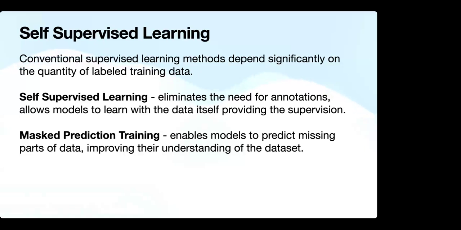Self-supervised learning basically eliminates the need for annotations and labeled data, which allows a model to learn with the data itself providing its supervision. Particularly, this paper is using masked prediction training, which allows a model to learn the semantics of data without needing any labels. It overall improves the understanding of the data set without needing specific annotations, the time needed to label the data set, domain expertise, and other costs associated with